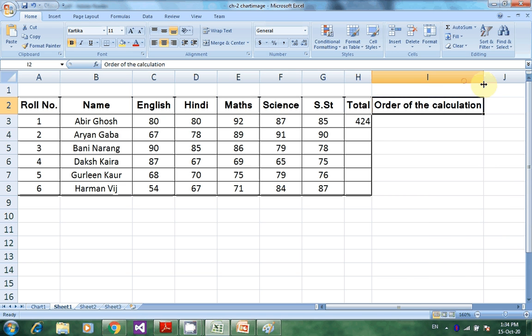That is the order of the calculation. So all of you see the order of the calculation. First, operations enclosed in parenthesis. सबसे पहले जो ब्रैकेट्स में होंगे, वैल्यूज जो ब्रैकेट्स में होंगी, यानी जो वैल्यूज को हम ब्रैकेट्स में लिखते हैं. फॉर एग्जाम्पल, जैसे हमने लिखा कि C3 प्लस D3. सपोज वी राइट C3 प्लस D3. तो दिस इज इन द ब्रैकेट. सो सबसे पहले ब्रैकेट में जो सेल्स के एड्रेसेस हैं, सबसे पहले ब्रैकेट के ऑपरेशंस होंगे, उसके बाद एक्सपोनेंशियल कैलकुलेशंस